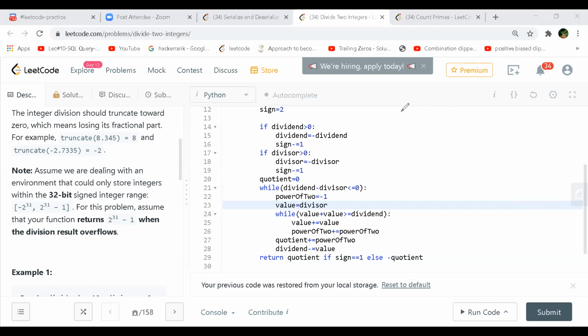Yeah. So the value will be 3 in this case. Two things are the only clues. One is handling that overflow, and the second part is this power of 2, right? Yeah. But this is a very optimized way of doing it. Correct. It's not easy to come up with, right? Otherwise, the naive way would be to check how many times the divisor can be added while staying less than our dividend, and just keep on subtracting to that extent. Keep on adding the numbers till you find that the divisor's value would exceed the dividend, and once you find it's exceeding, you directly subtract it from the dividend.